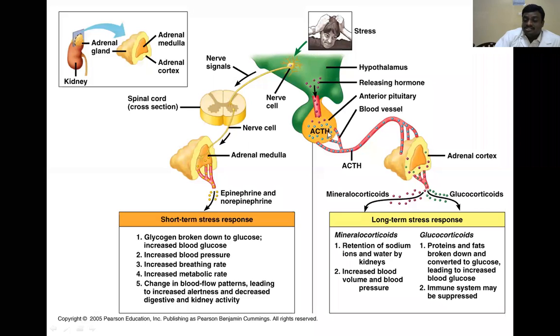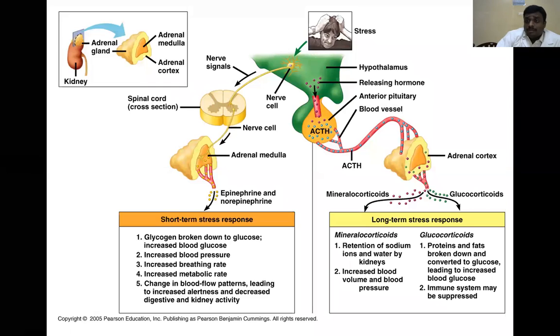Whenever it reaches the anterior pituitary gland, corticotropin releasing hormone causes the release of adrenocorticotropic hormone. Then this adrenocorticotropic hormone enters the blood and reaches the cortex of the adrenal gland, which produces